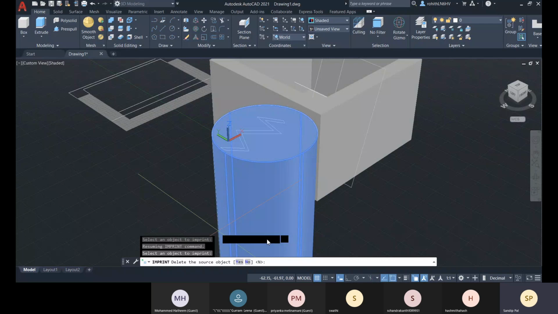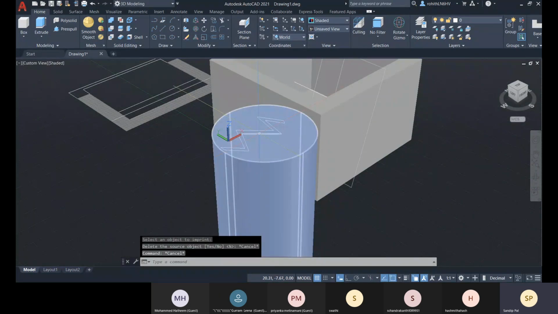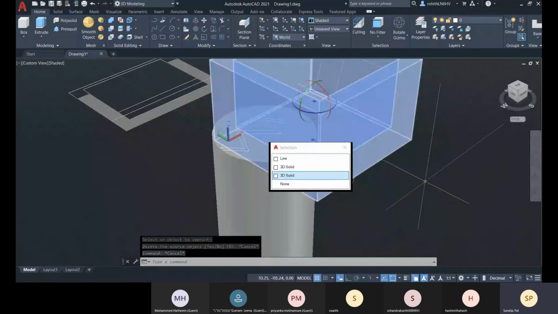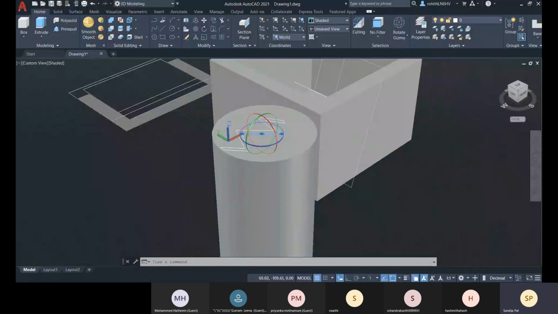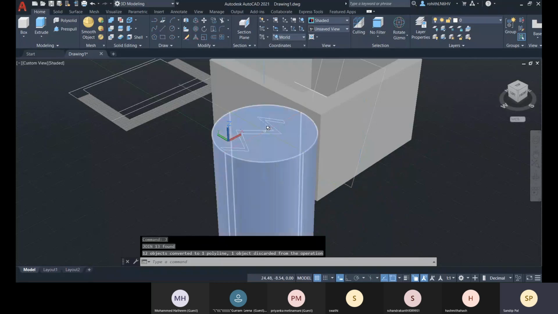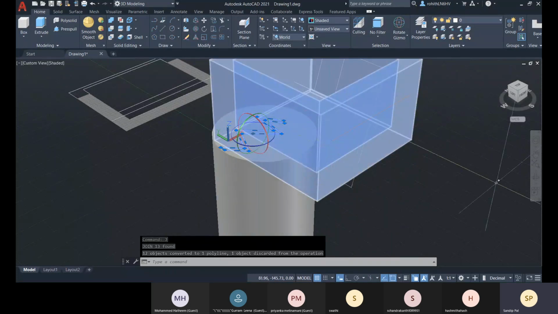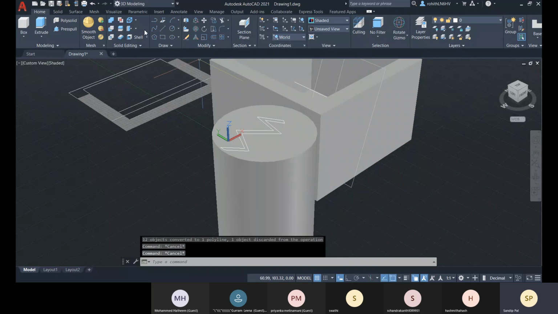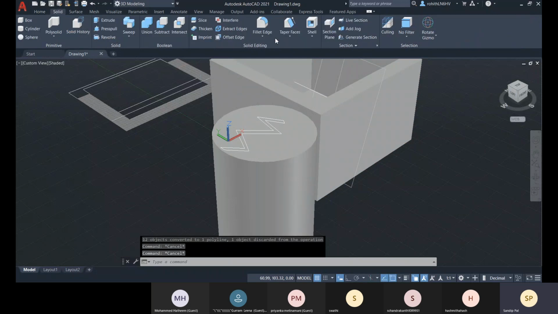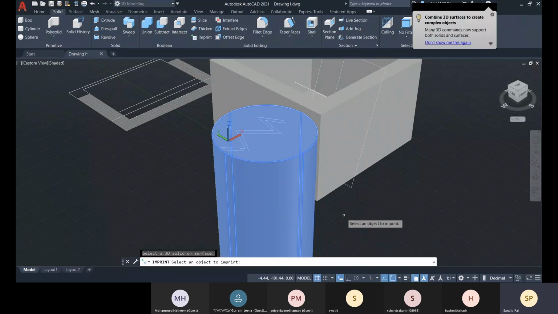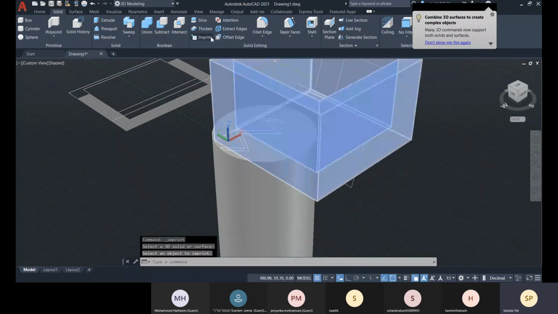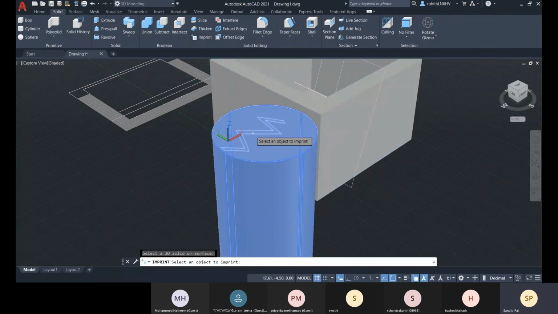Okay, so I forgot to make all this object like a polyline. So let me go for select similar and J enter and join. Okay, now you go for imprint. Here you have this option imprint. You select it, enter. Sorry, the imprint you selected, don't press enter, then directly go for selecting this one.